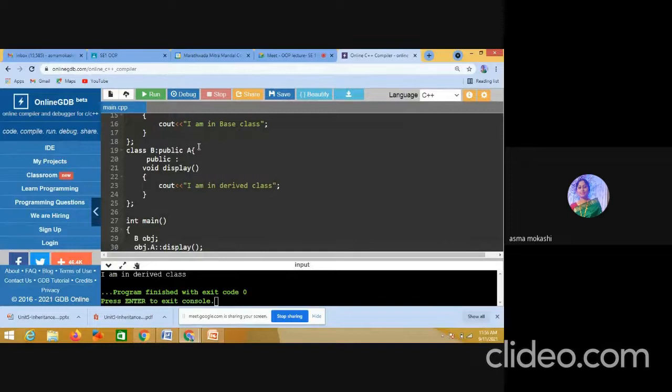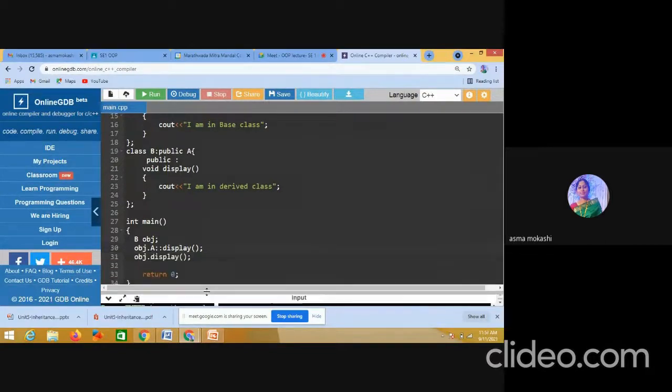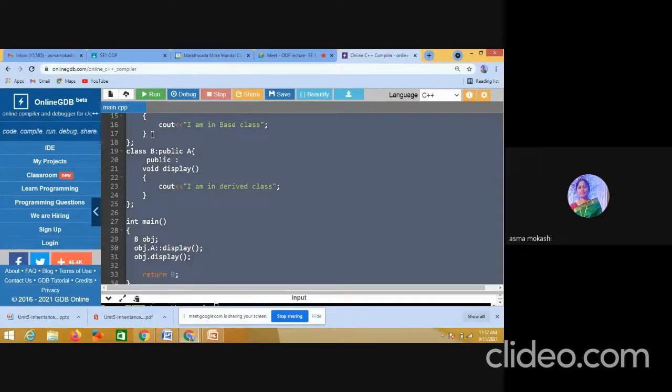It avoids the ambiguity using the scope resolution operator. Now you can observe this: "I am in a base class", then "I am in a derived class". How are we getting this? Using the scope resolution operator. obj is my object of the derived class, dot my class name, then the scope resolution operator and the method name. Using this way, I am able to access the base class display method. Understood?